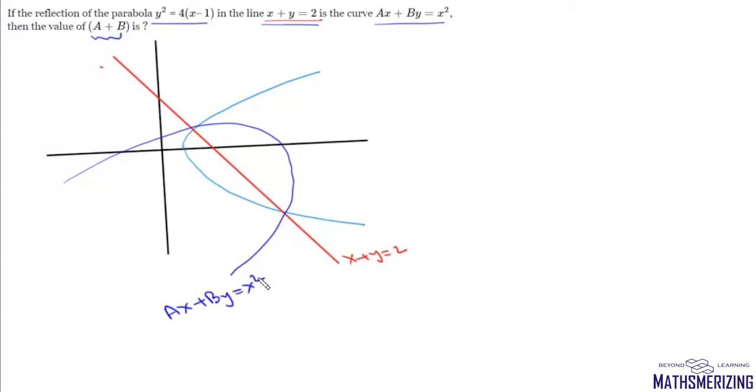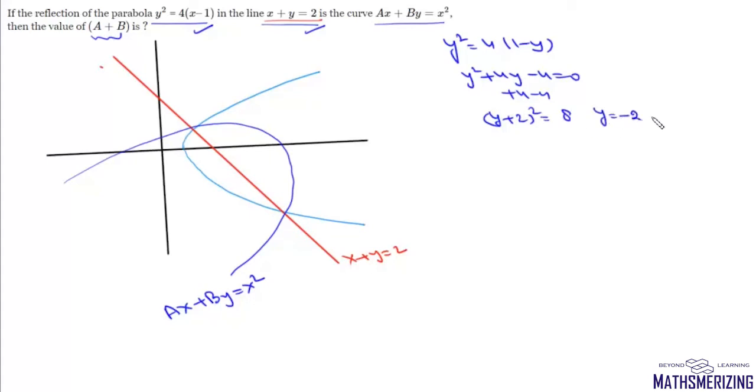Now in this question we need not even find the image of a point. What we know is that from this given equation and this given line we can find their points of intersection. So we can write y square equals 4(x minus 1). Now we can write x minus 1 as 1 minus y. So it will be 4(1 minus y). So it will be y square plus 4y minus 4 equals 0. So adding 4 and subtracting 4, y plus 2 whole square equals 8.